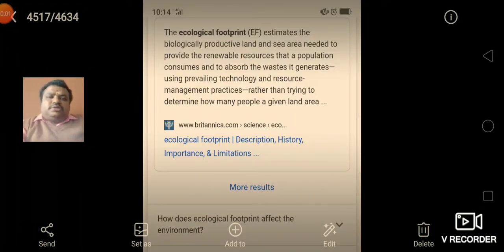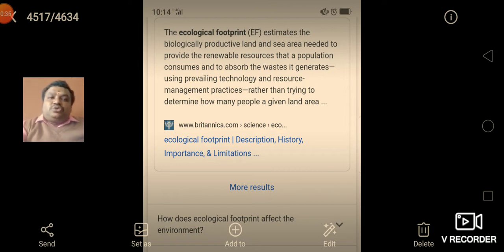Children, in the last class we discussed the checklist which we have to follow to conserve the natural resources. In today's class we are going to see how to reduce our ecological footprint. Understood? So ecological footprint estimates the biological, productive land and sea area needed to provide the renewable resources that a